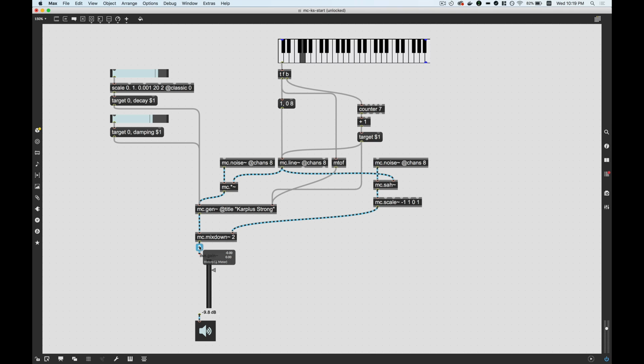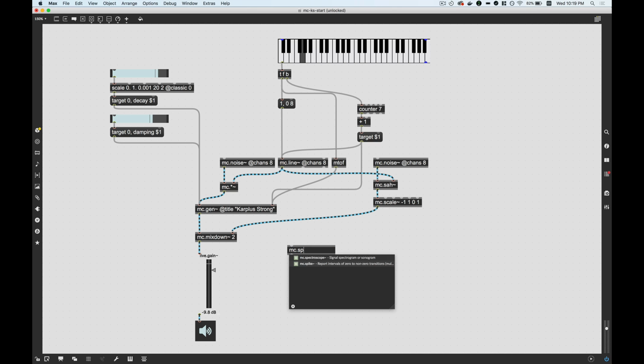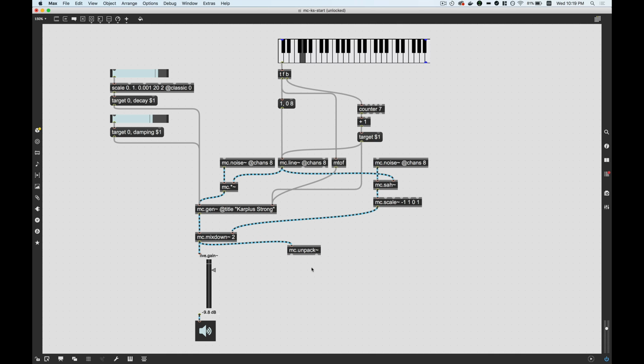So here's an interesting thing that I don't know how to do. There's a stereo signal here. I'd like to split that. Is there like an mc.split? No, mc.unpack: split a multi-channel signal into single channel signals. This is cool. So we'll connect this like this, and there's 2 channels here, and if I do yaffer,